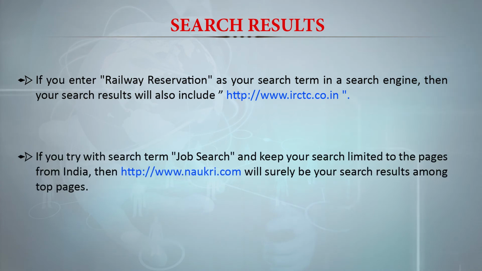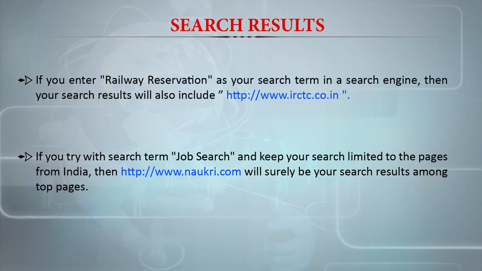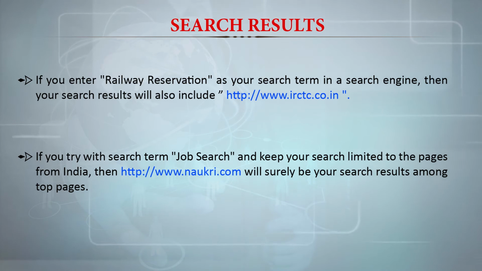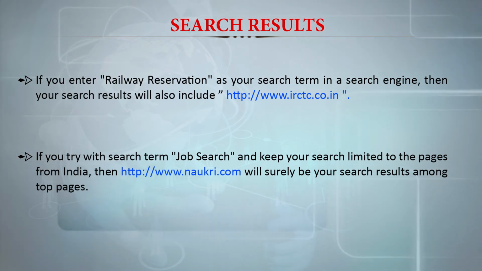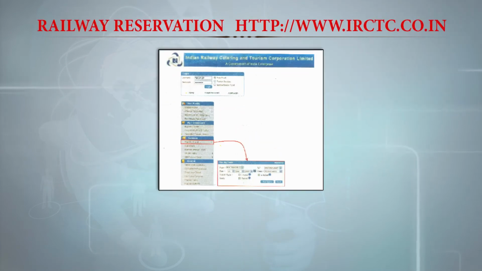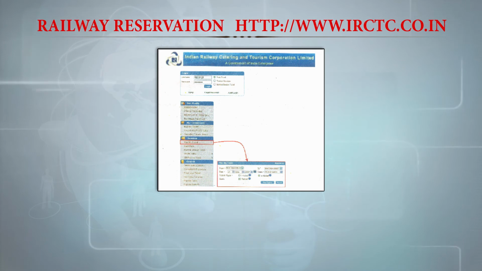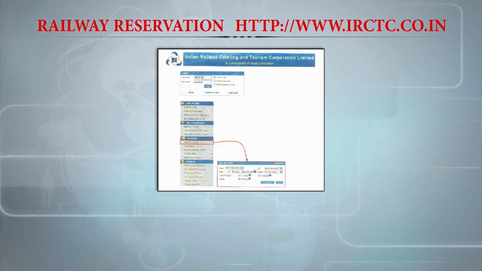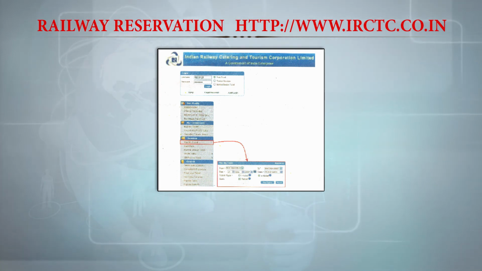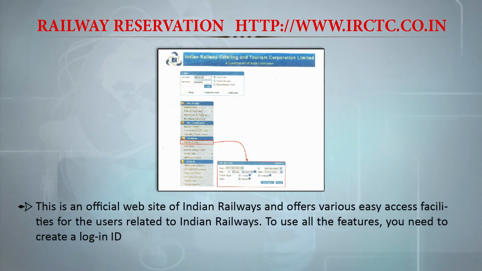If we try with the search term job search and keep our search limited to the pages from India, then http://www.naukri.com will surely be among the top search results. Now let us consider the railway reservation website, which is http://www.irctc.co.in. This is basically the official website of Indian Railways and offers various easy access facilities for the users related to